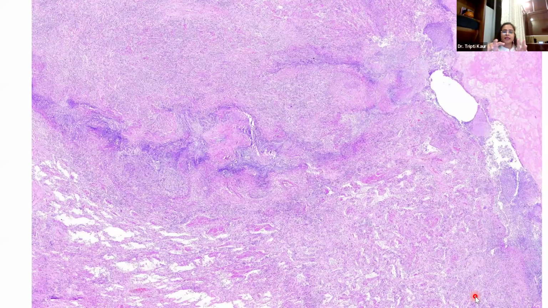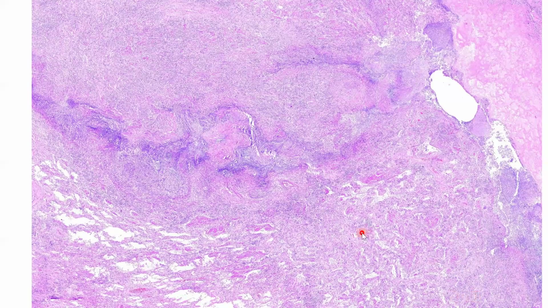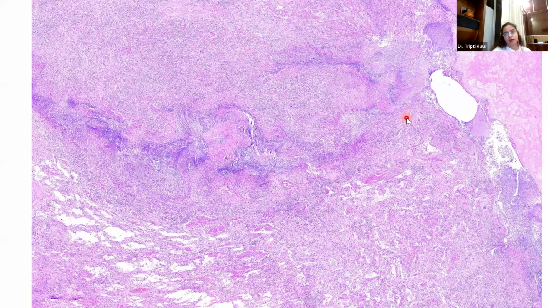So next is a case of a patient with waxing and waning lung lesions. Okay, he had an episode of hemoptysis, and his ANCA has also turned out to be positive. There is a huge area of necrosis. And, yes, what kind of necrosis? Yes, very good.